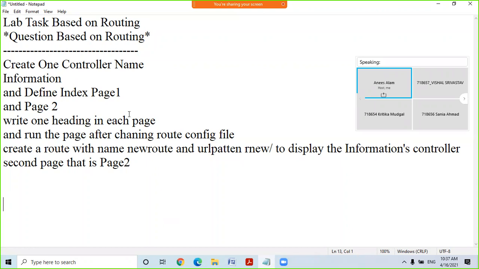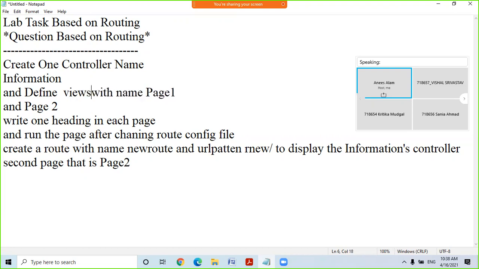This is the question I have given: create one controller named information and define a view with the names page 1 and page 2.